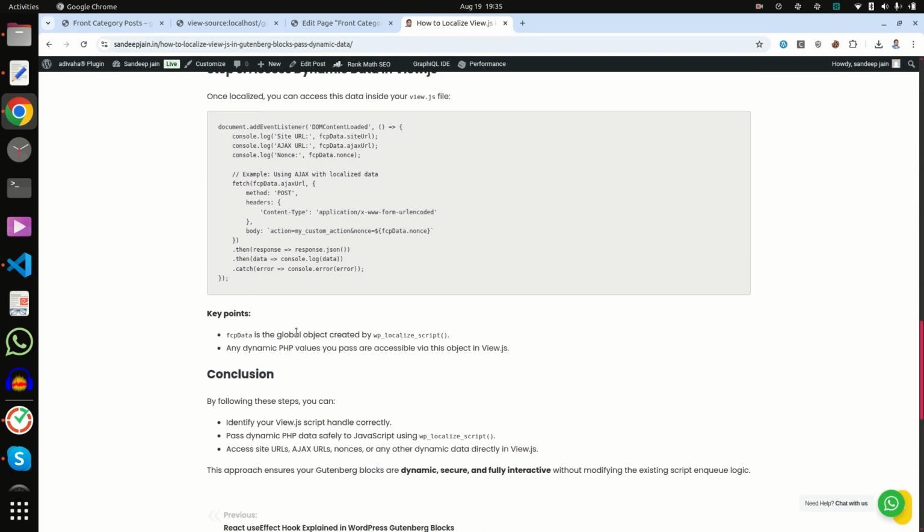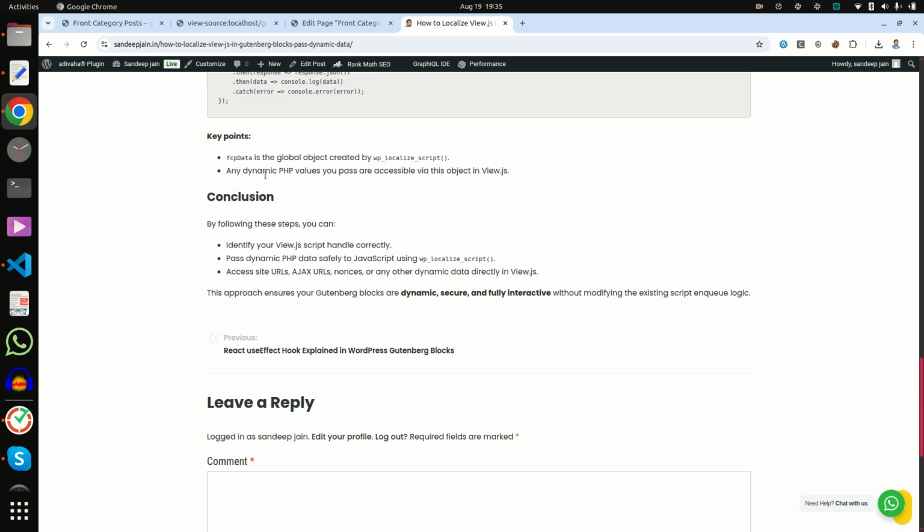Key point: FCB is a global object created by wp_localize_script, and any dynamic PHP value we pass is accessible via this object in Vue.js.